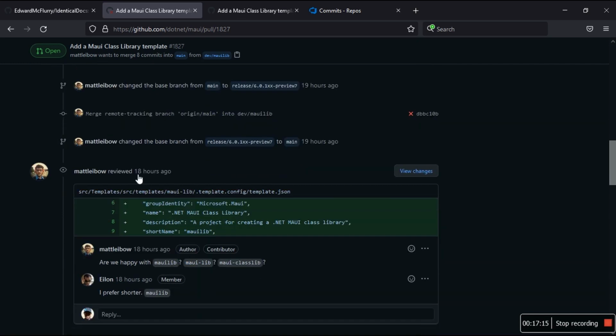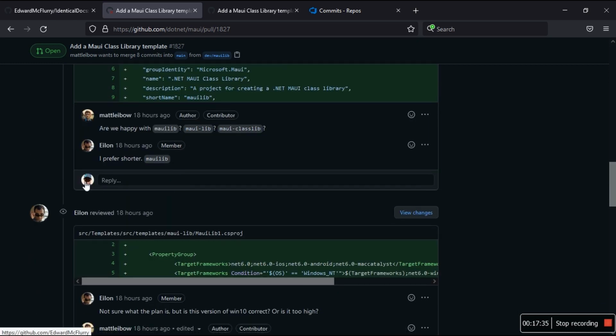Matthew reviewed 18 hours ago, and then there was a communication. Are we happy with MAUI lib, MAUI dash lib, MAUI dash class lib, he's asking. And then Ilion 18 hours ago said I prefer shorter MAUI lib,